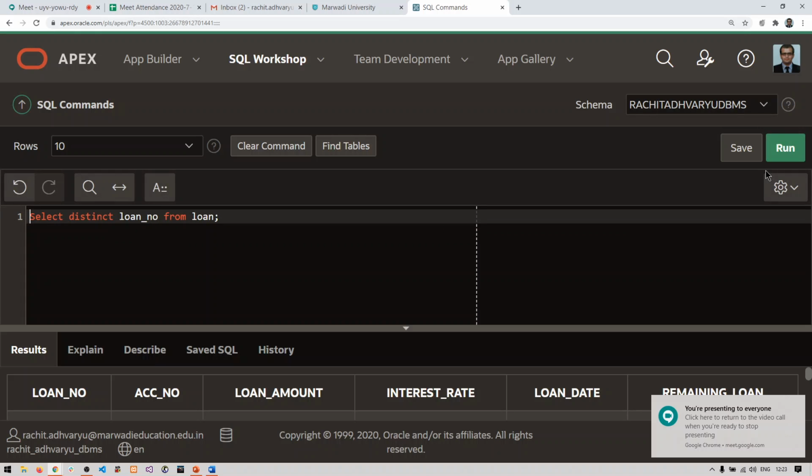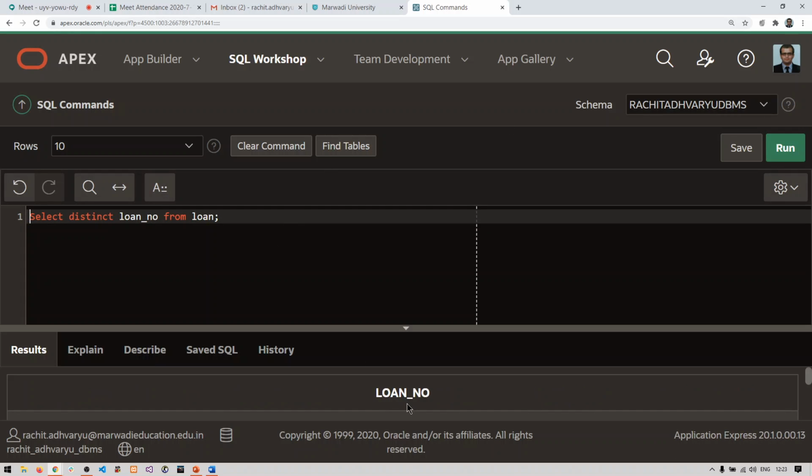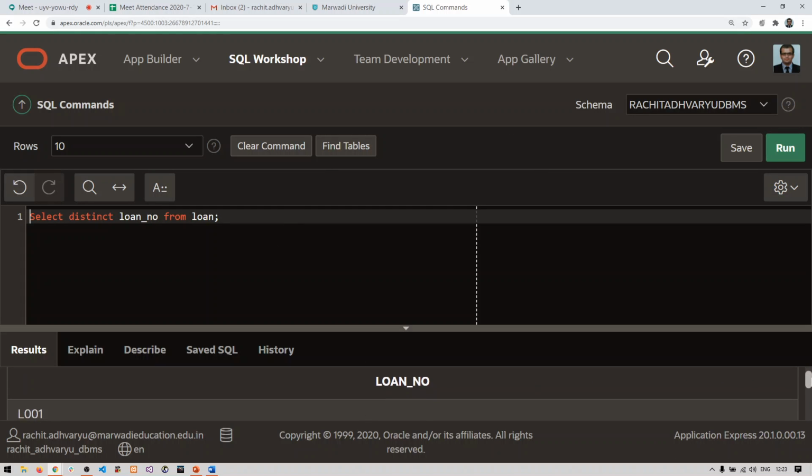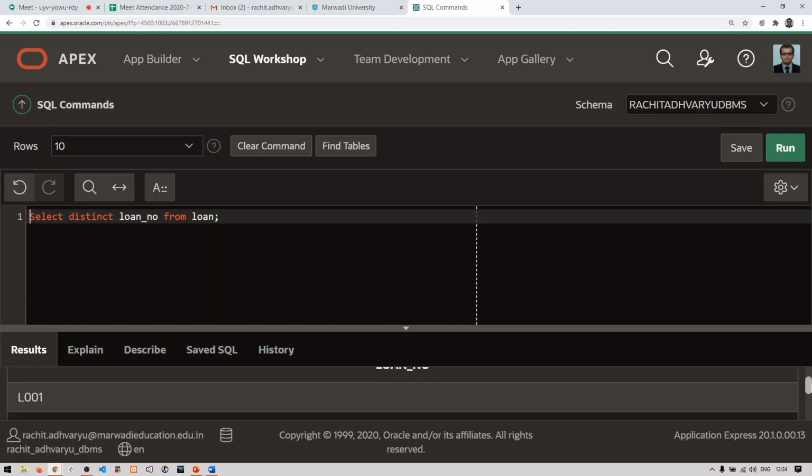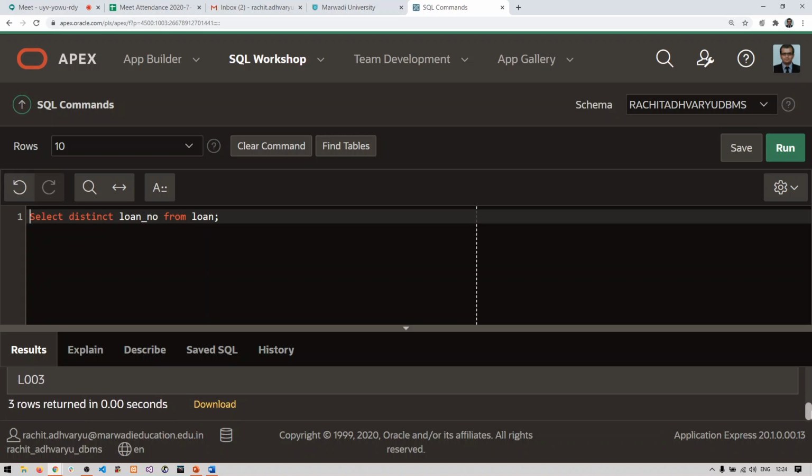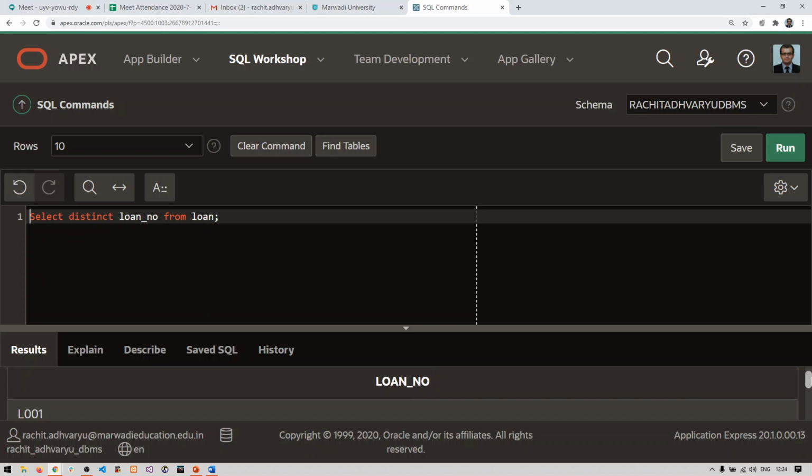So if I execute this, I have got the loan number, only one column. Then I have got L001 on the left hand side, you can see. Then I have got L002 and L003. So the 2 times repeating L001 has been discarded by the Oracle command. So clear, guys, this thing?